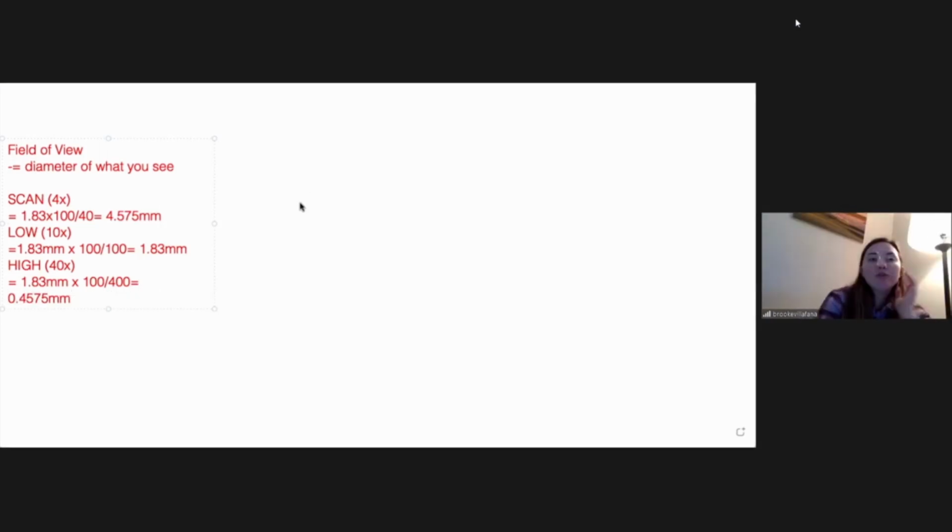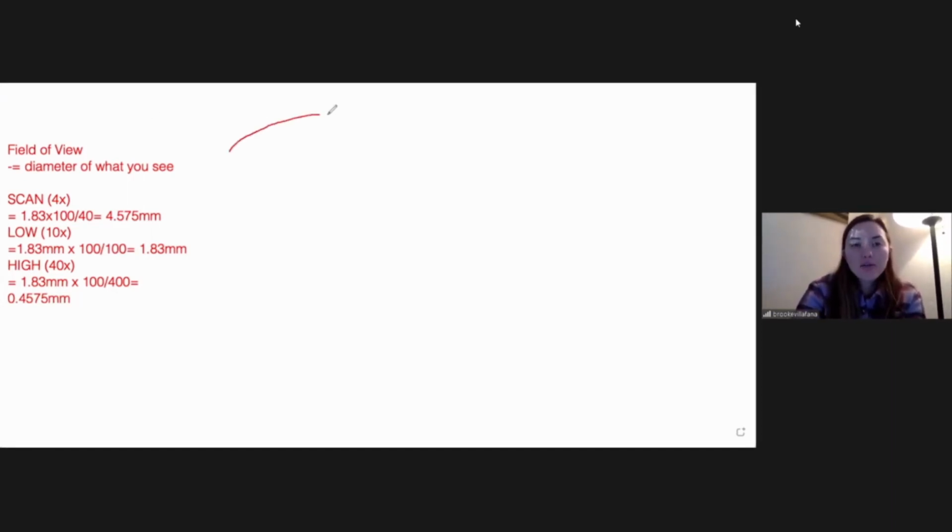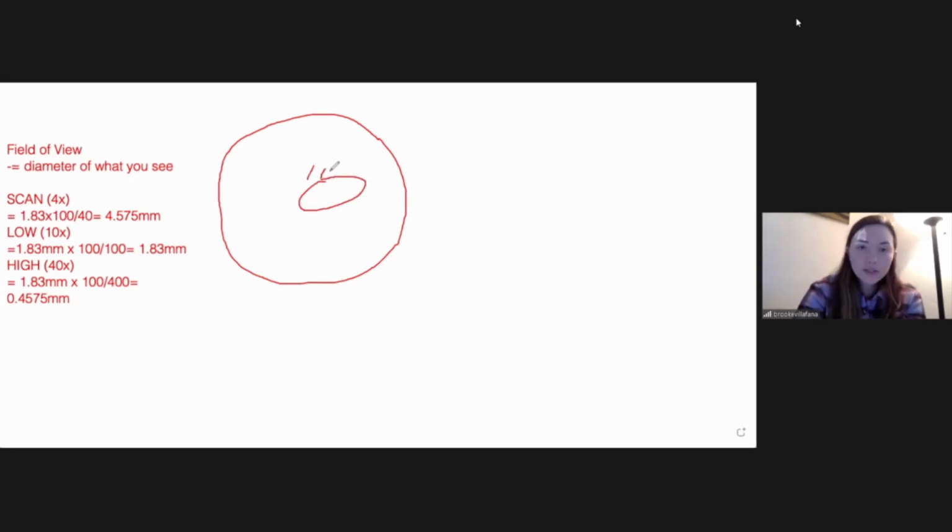millimeters. So on the test, we're going to ask you to find the length and width of a paramecium. If this is your microscope and here's your paramecium, let's say this is my little paramecium. They have these little fibers on them. So my paramecium looks like that. Now to find the length and width of that, you're thinking, how am I supposed to find the length and width of something that I can't